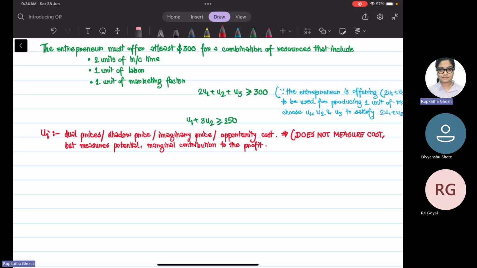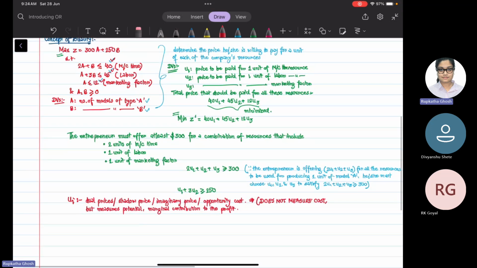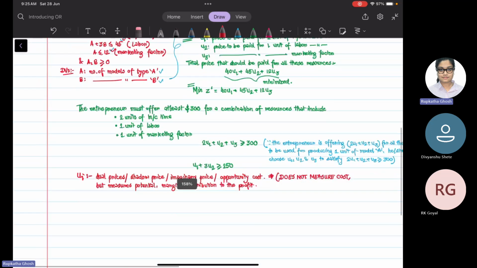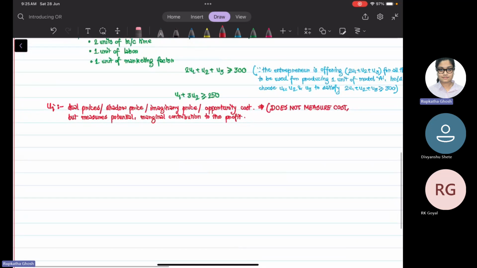So your primal model was maximize Z = 300A + 250B, subject to 2A + B ≤ 40, A + 3B ≤ 45, and A ≤ 12. Your dual LP is minimize Z = 40U1 + 45U2 + 12U3, subject to 2U1 + U2 + U3 ≥ 300, and U1 + 3U2 ≥ 350. So from here, you can say